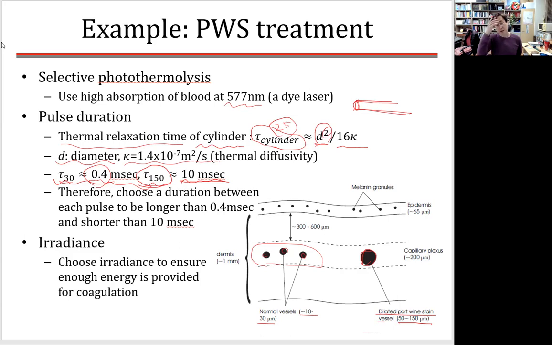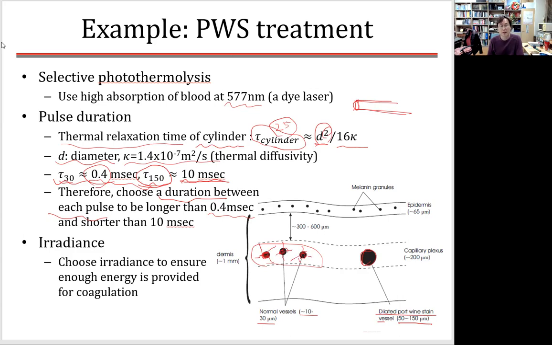So by choosing the proper duration between each pulse, we can selectively cause the coagulation. So here the key point will be we need to have a duration between each pulse to be longer than 0.4 millisecond so that all the heat generated from this blood vessel will be dissipated to the surrounding tissue,